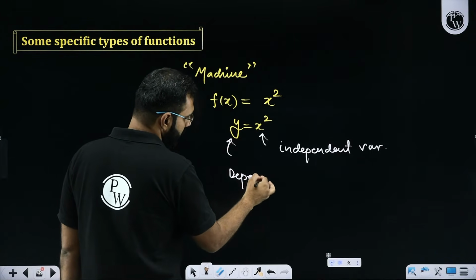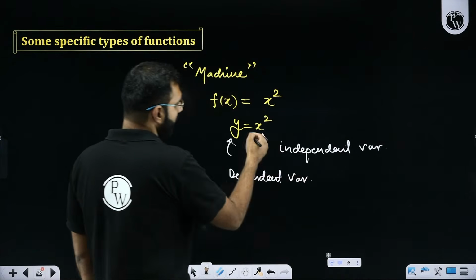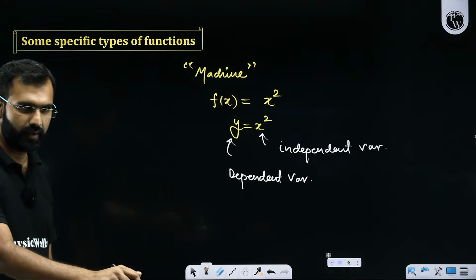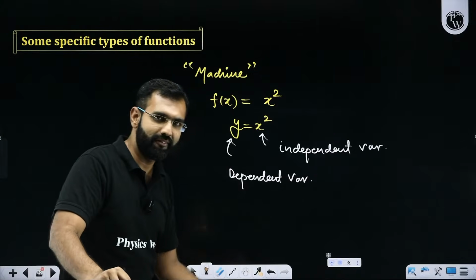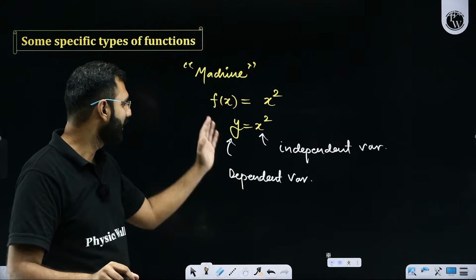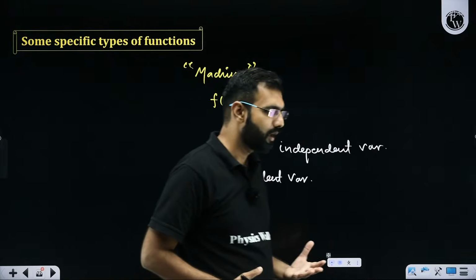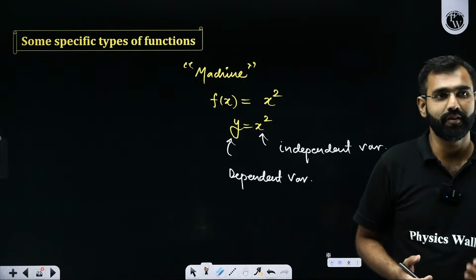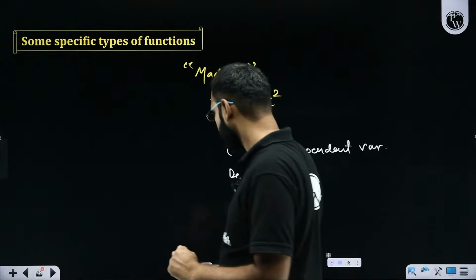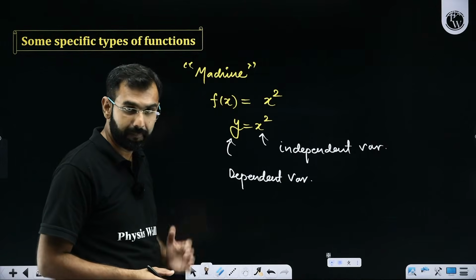Sir, why dependent and independent? You'll call it the dependent variable because based on whatever different values x takes, y will be producing those values or outputs. So y is dependent on x. x can independently take a lot of values and y will correspondingly take different values. I'll come to this concept of machine, but before that, you help me.